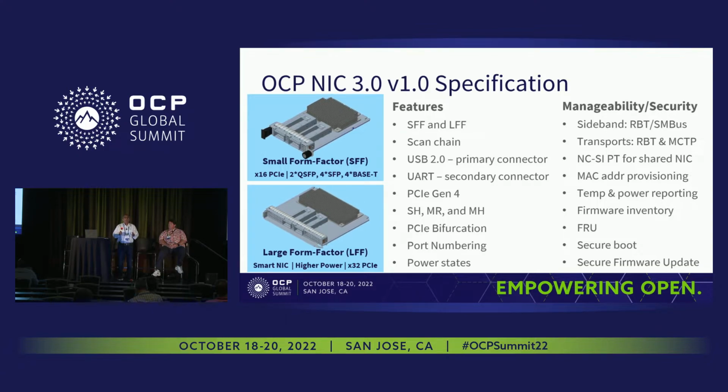So we paid a lot of attention to that. And the spec clearly defines what sideband interfaces are supported, and what transports need to be supported. That's where RMII and SMBus, those two physical interfaces, come into the picture. And then the transports that are based on RBT, which is RMII-based transport defined by the DMTF NC-SI spec, which is a derivative of RMII. And then MCTP, which has become very, I look at that as